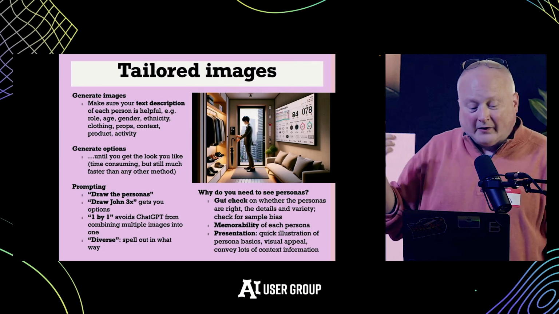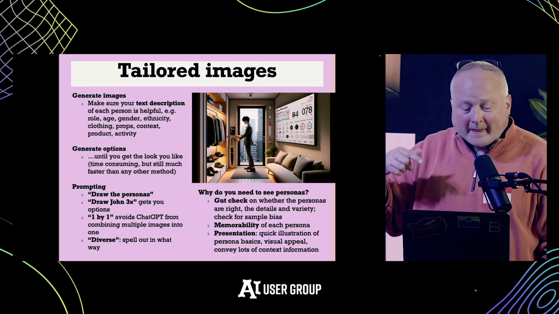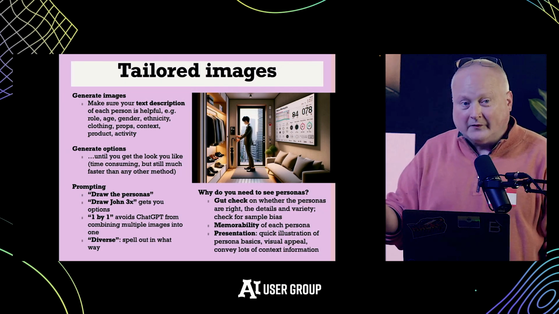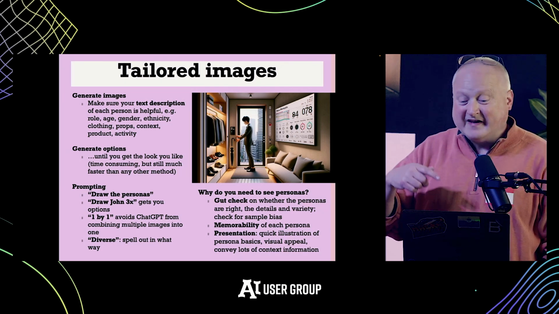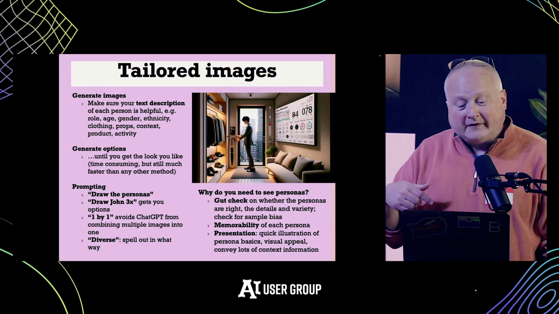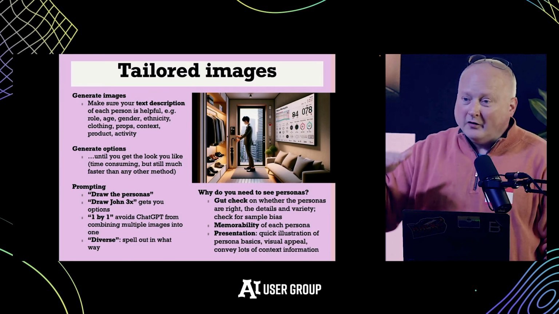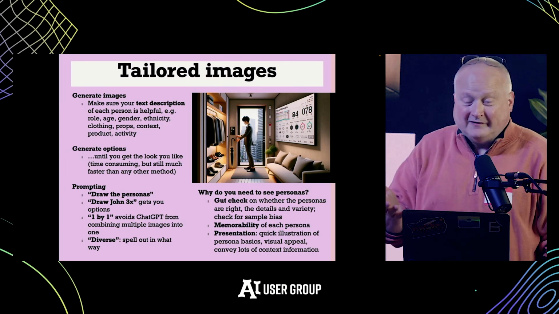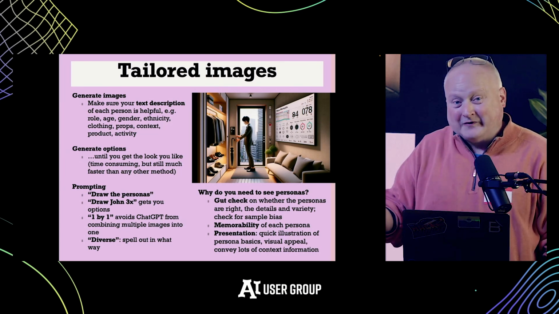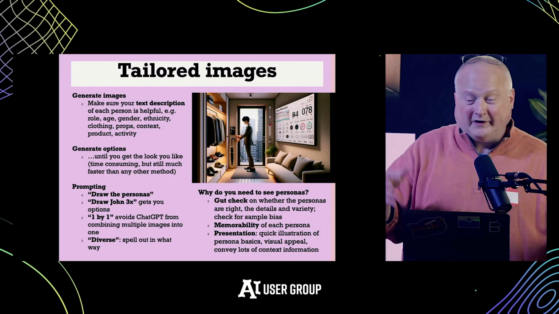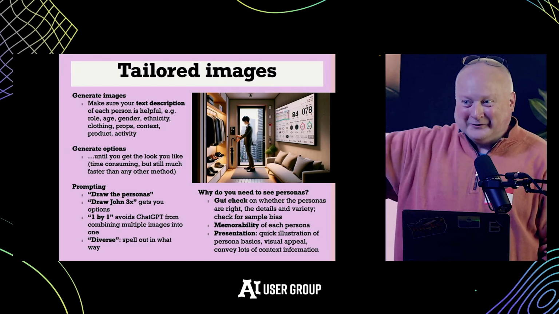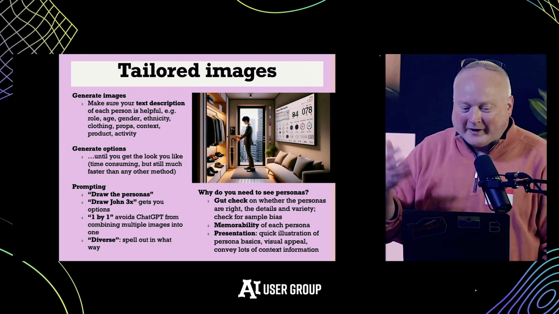That does it. I also say diverse, and that helps. It does generate more diverse images as a result, but often I need to say how it's diverse. Like, one of the biases I've noticed is it tends to show all young people. Almost always when I draw people, they end up as young people. So if I want an old person, I have to say diverse ages. And that doesn't always fix it, because then it's like 20 to 40. That's still young people. I have to say young and old, and you might have to go back and forth a bit to get the diversity you're after.